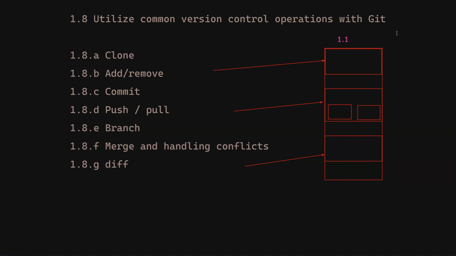But after 1 or 2 weeks, you have done some changes and you want to save those changes as 1.2, then 1.3. Some sub-modules someone is working on and he wants to give an update, like suppose this is 1.1, 1.1a,